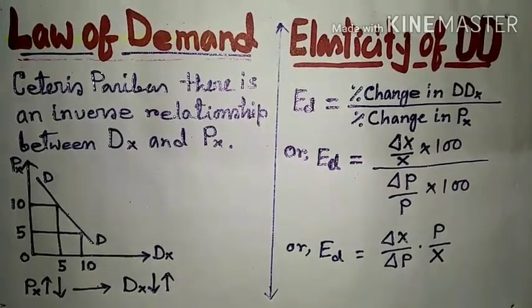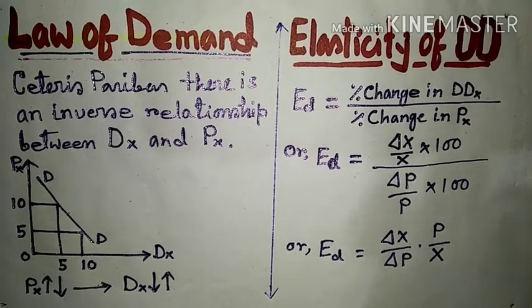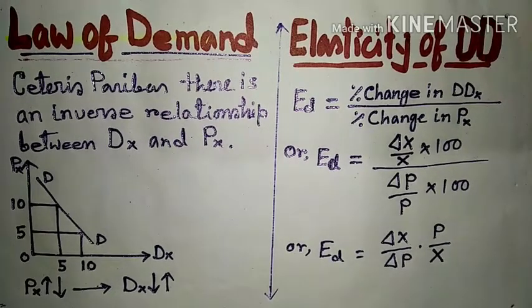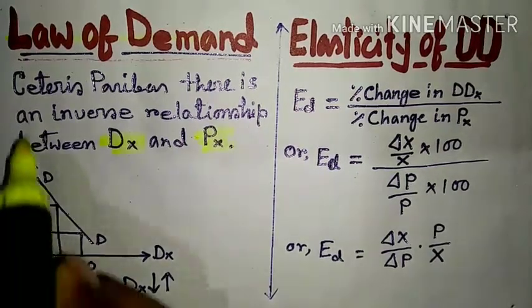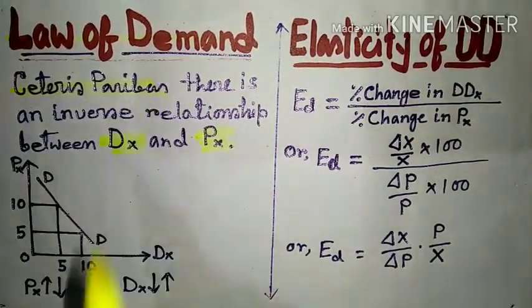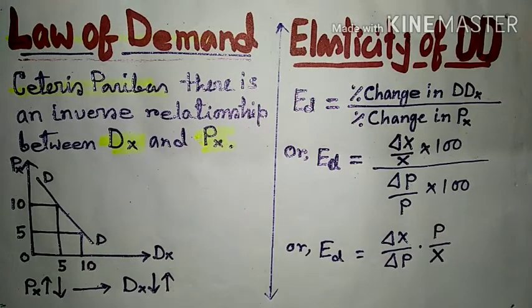Law of demand is a very simple concept. It represents the negative relationship in between price and demand. Here we have used a term that is ceteris paribus, which means when other things remain constant. Here other things means demand is not only a function of price of the product which we are going to purchase. It is actually depending on many things like income of the consumer or buyer and prices of the other goods, taste and preference of the buyers or consumers, etc.